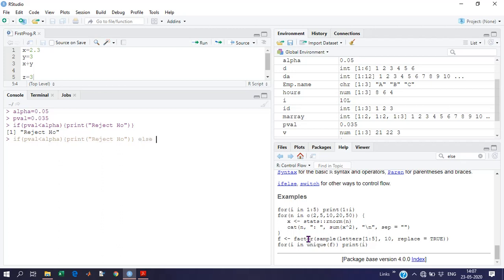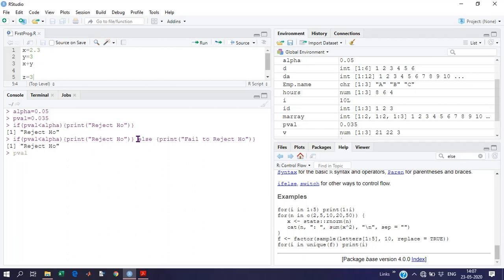Else, I will copy that part. We should say fail to reject h naught. As p value is less than 0.05, it's rejecting h naught.